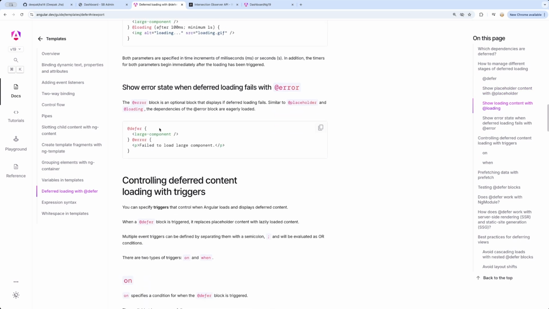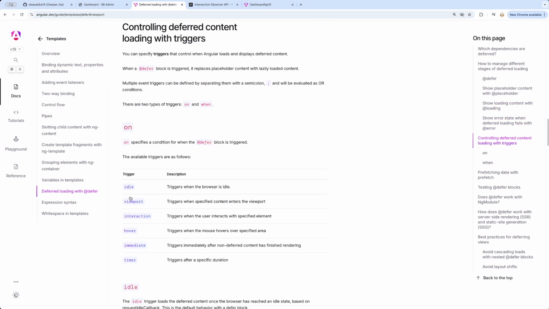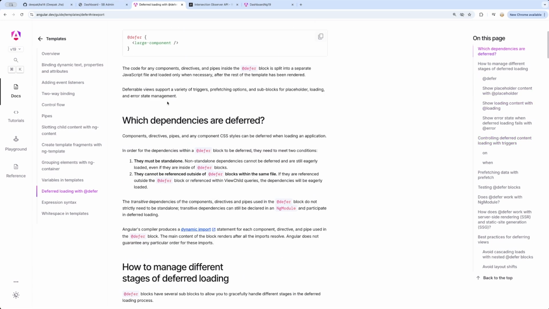But there's another thing, which is @error, which means that if this particular API fails, what do you really want to display in case of an error? So you can define this template over here. You can define even more complex templates here, and you can create a query by using defer, placeholder, loading, error, and triggers, which are these 6 triggers available here: idle, viewport, interaction, hover, immediate, and timer. You can create any of these combinations and create your template accordingly. So that's all about control flow, or that's all about the defer